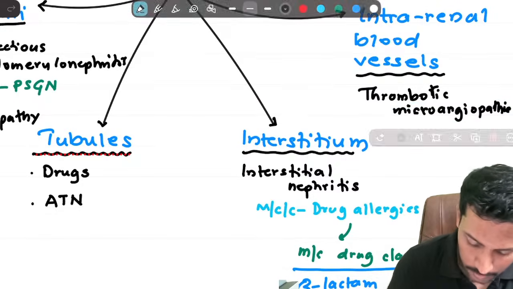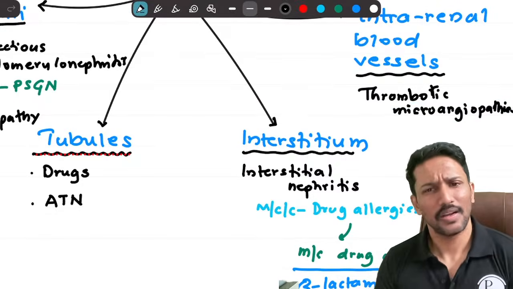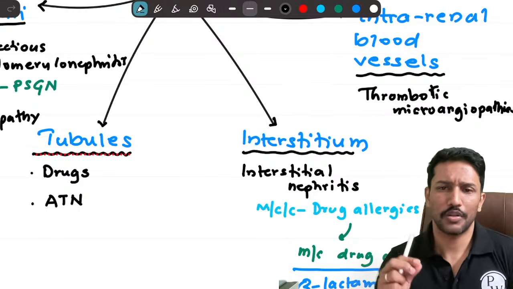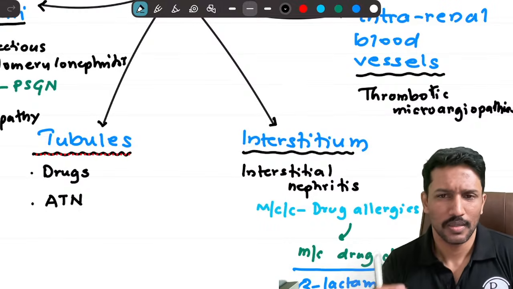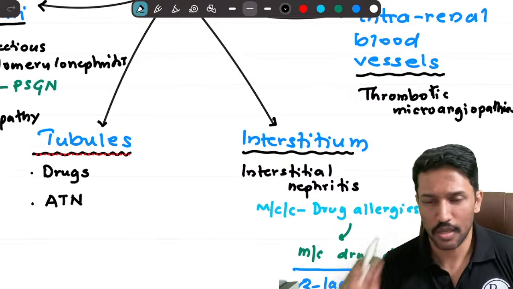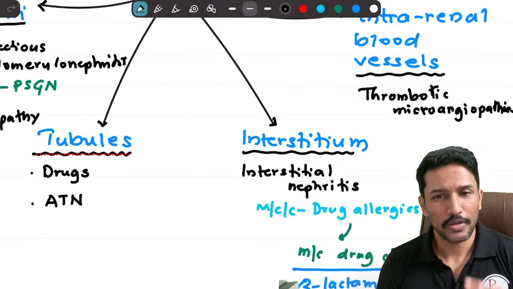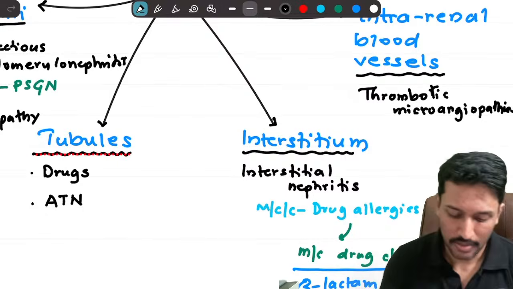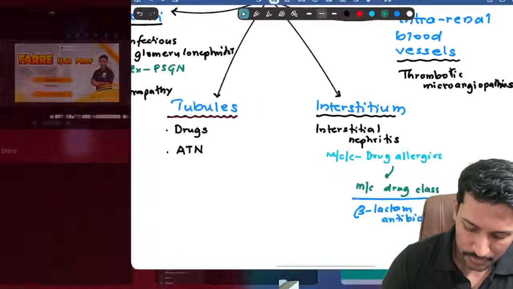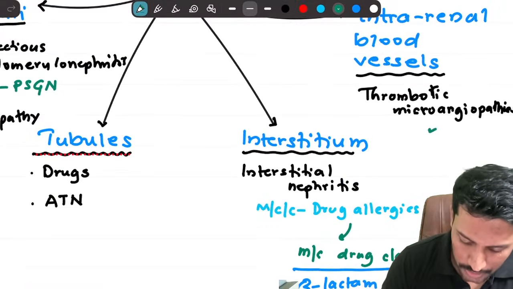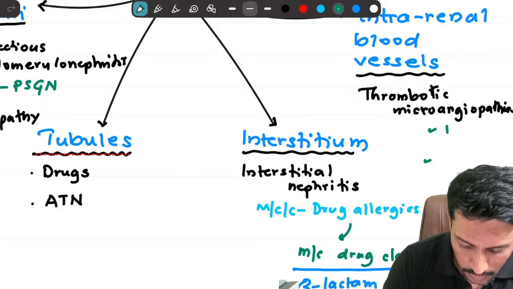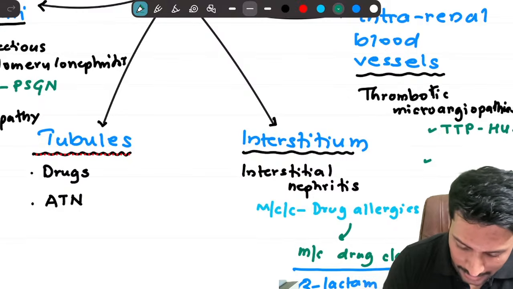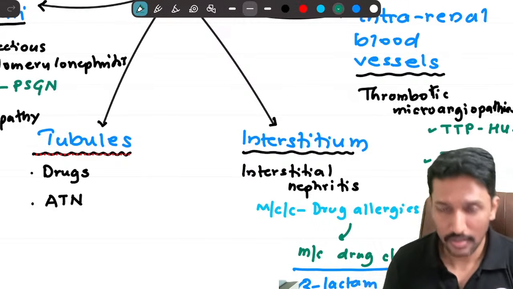A classical example for thrombotic microangiopathies, you might have heard about, is TTP and hemolytic uremic syndrome. Apart from that, even disseminated intravascular coagulation. So here I want you to mention two examples: thrombotic thrombocytopenic purpura and hemolytic uremic syndrome, and disseminated intravascular